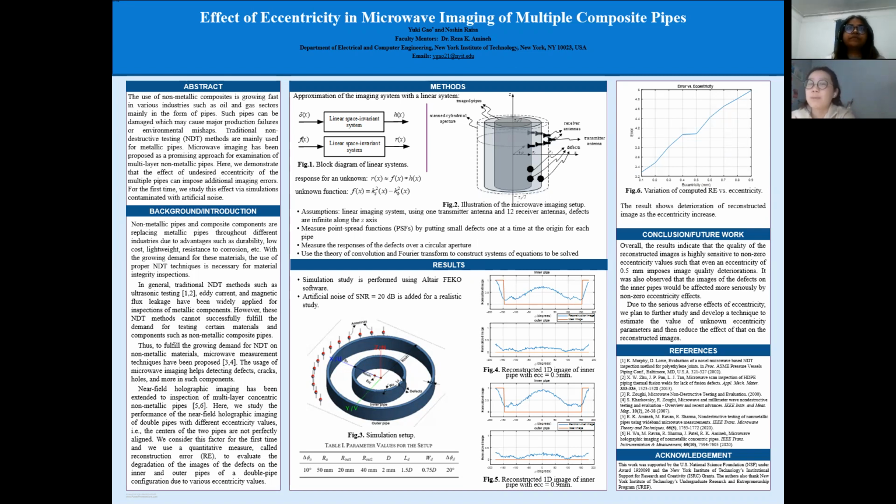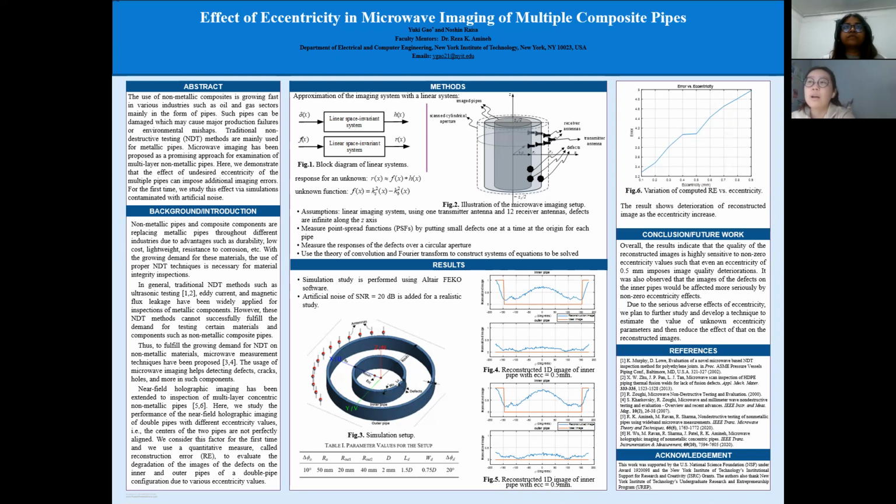So our research topic is on the effect of eccentricity in microwave imaging of multiple composite pipes. This work is related to the use of microwave imaging for inspection of multiple non-metallic pipes that are concentric or multi-layer concentric pipes. Traditional non-destructive testing methods like eddy current, ultrasonic testing, and more cannot be used for inspection of